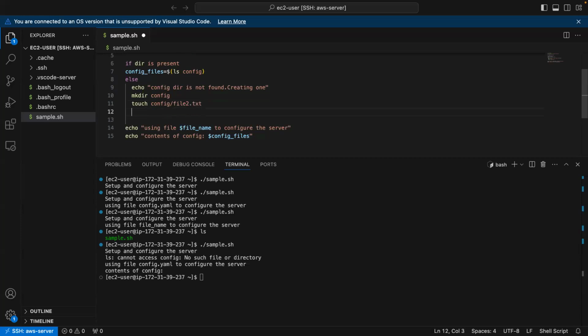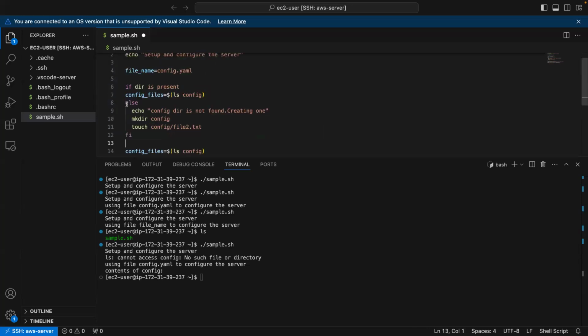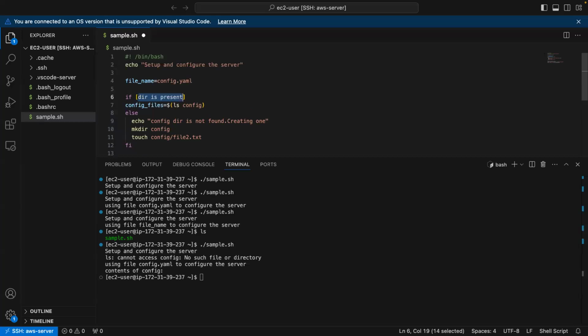Right, and then we can do this. Also, how to close the if? fi is the closure for the if statement, the if block. And how do you check if the directory is present or not? We'll use some file operators. One such file operator is -d. It will check if the directory is present or not. If this is present,